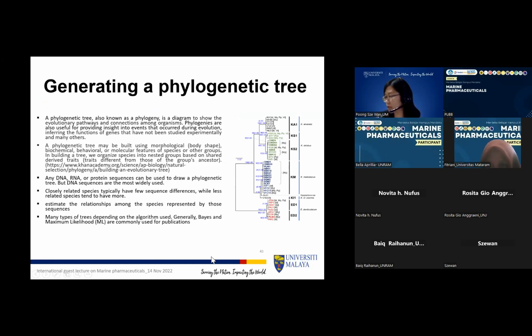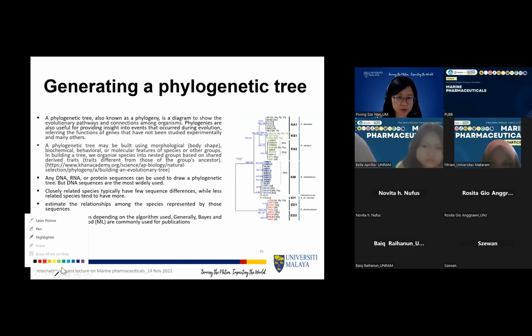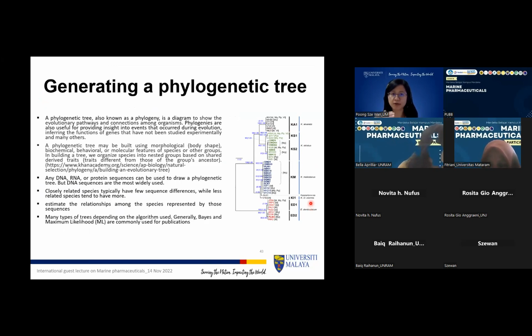What is a phylogenetic tree? It's also called a phylogeny. You see this tree over here. It's actually a diagram to show you the evolutionary pathway and the relationship between the organisms, or between the taxa. Your phylogenetic tree may be built using morphology, the body shape. Maybe it's the length of the fin of the fish, or the size of the bones, or anything else that you can think of, the morphology